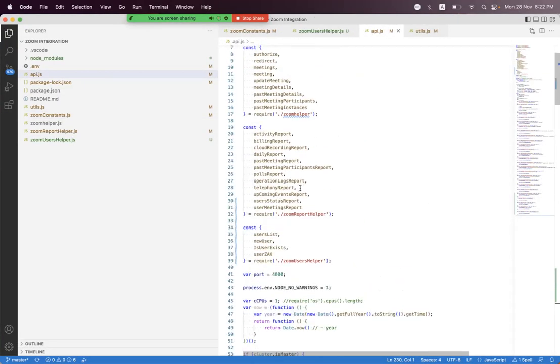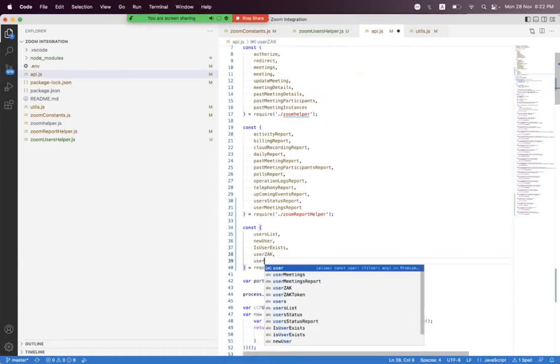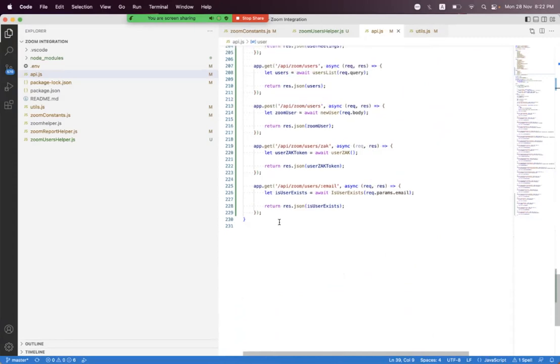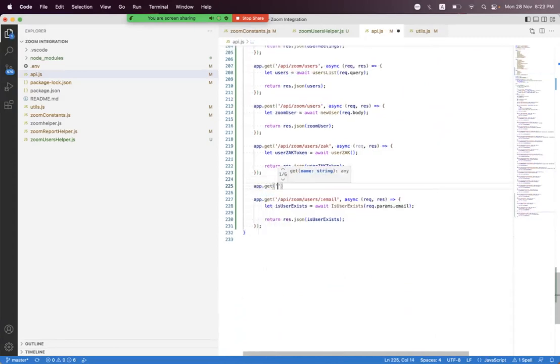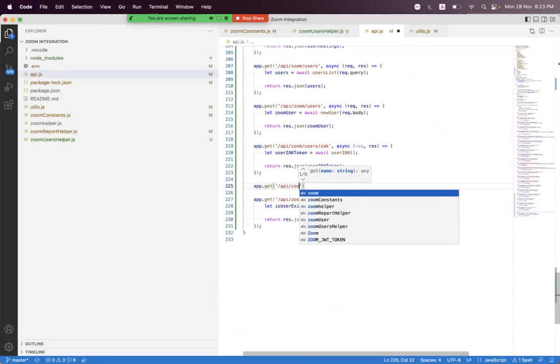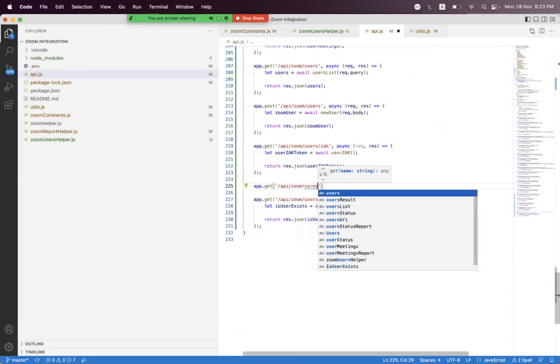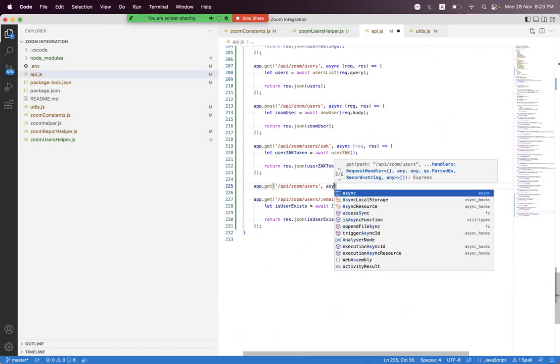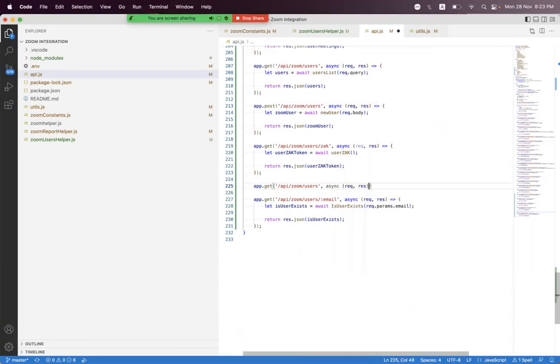So we say user exec and user, and at the bottom we need to add an endpoint. So we say API zoom users. Okay, and I think we have already an endpoint. This is for the post, and this is for the get. Okay, so we say here async request response,